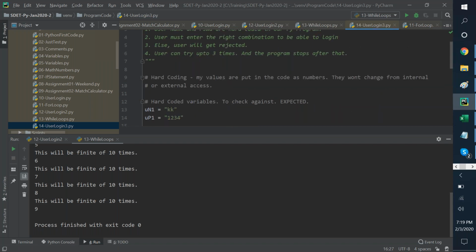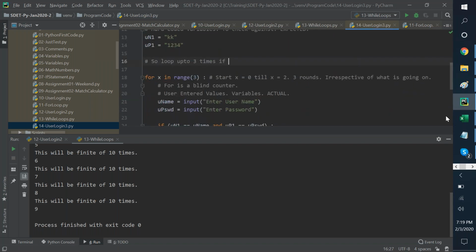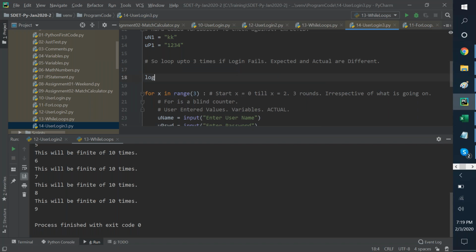In this case, login fails, or when basically, so loop up to 3 times if login fails, expected and actual are different. So what does that mean? Login fails or not is important for us.